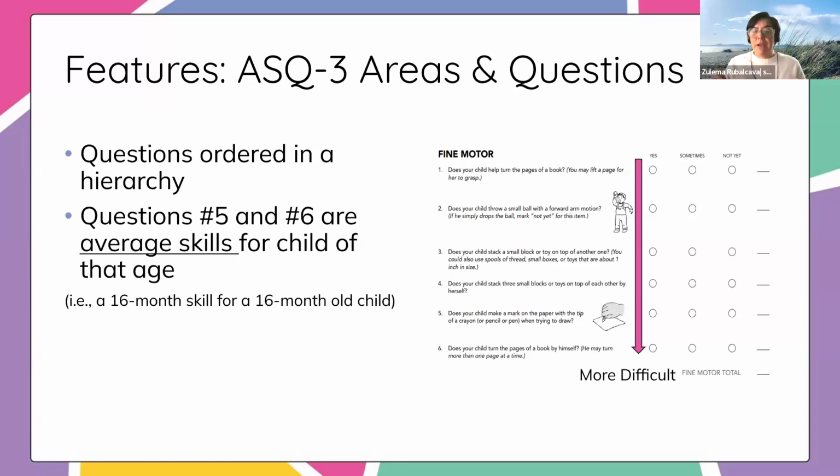But if you think about it, we can start handing these out to children as young as 15 months. So a 15-month-old, when they get to skills 5 and 6, probably aren't going to be able to do those, right? Because those are skills that a 16-month-old should be able to do. So that helps us understand that if we get there, we can use that as a way to inform us that, oh, okay, those skills are going to be tougher for them, right?